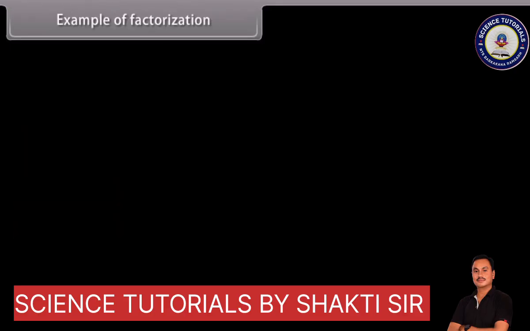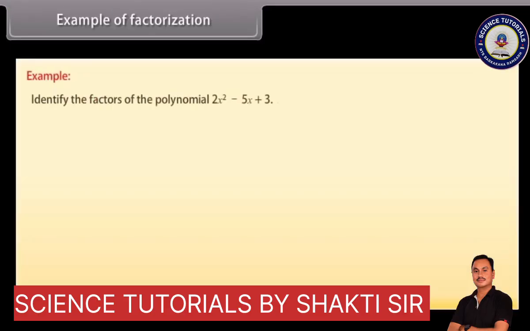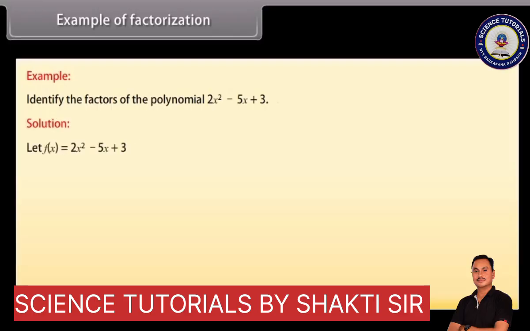Example of factorization. Example. Identify the factors of the polynomial 2x^2 - 5x + 3. Solution. Let f(x) = 2x^2 - 5x + 3. Let us check x = 1 by trial and error method. Then